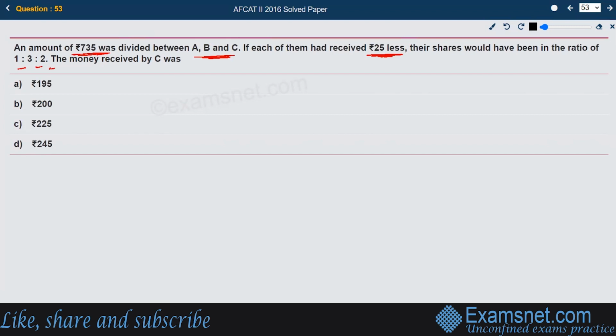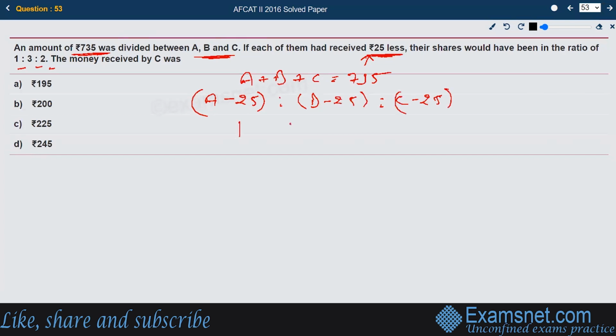Okay, so the first thing that he said is that the sum of A plus B plus C is 735. Whatever the share values, the total sum is 735. Then he says if each of them received 25 less, so let each of them receive 25 less: A minus 25 is to B minus 25 is to C minus 25. If they received like this, then the ratio becomes 1:3:2. So if we add A minus 25 plus B minus 25 plus C minus 25,